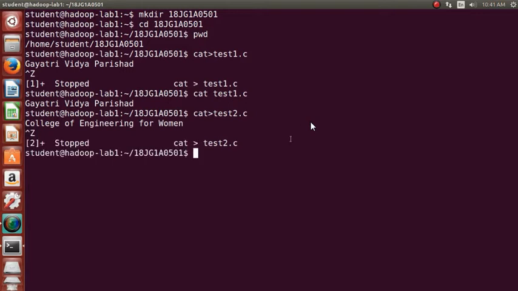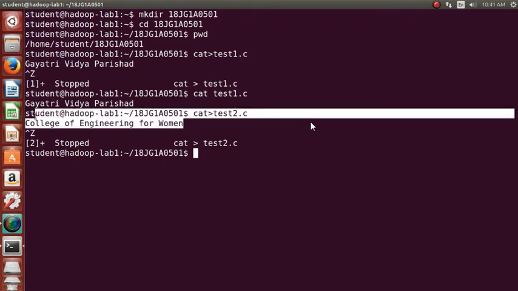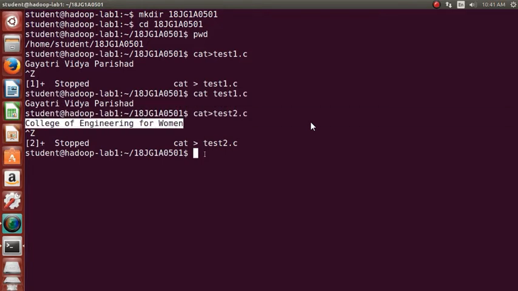So now this test2.c contains the data College of Engineering for women. Now let us see how we can concatenate two files using the cat command, test1.c and test2.c. Cat can be used for concatenating. Cat space